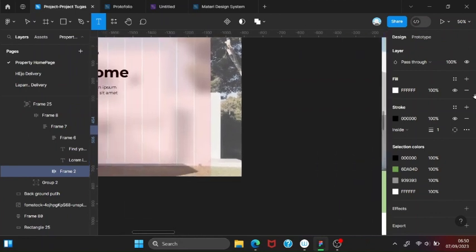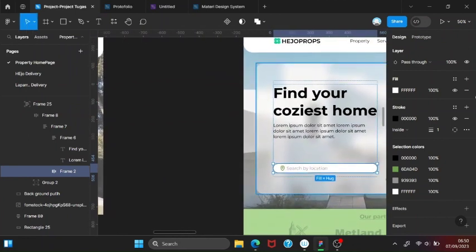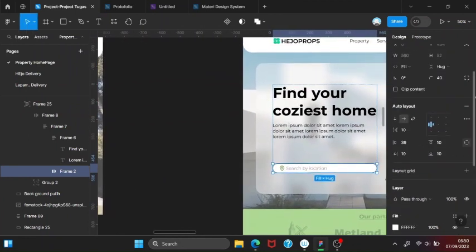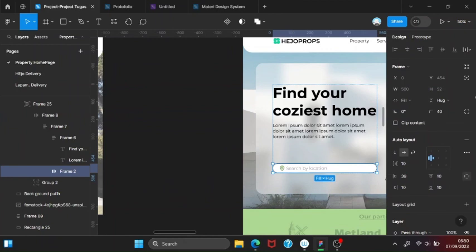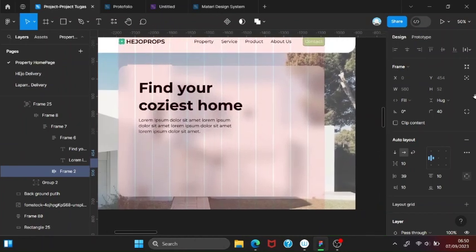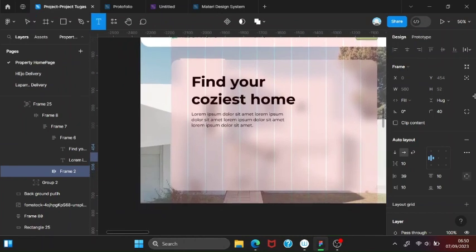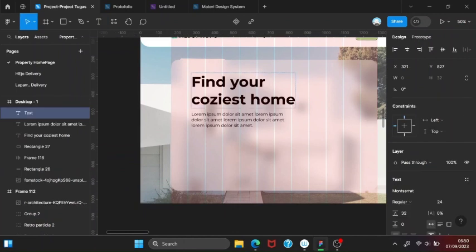We use auto layout as we usually do. So just type search bar, search your house. Okay,